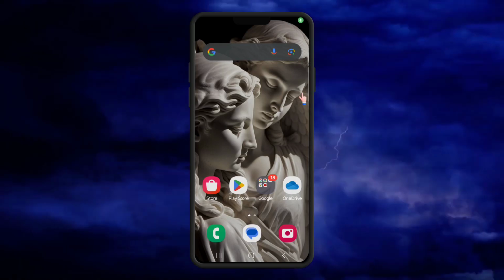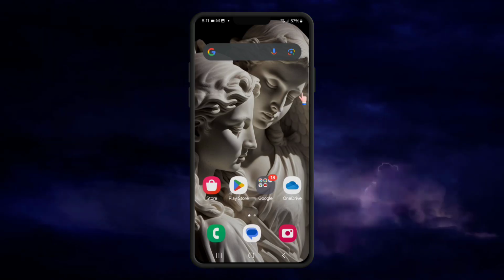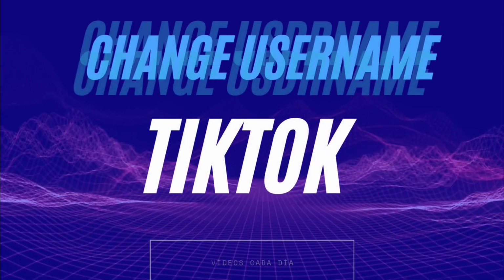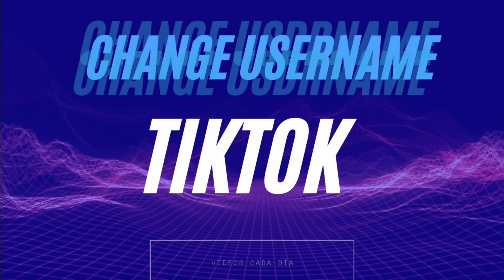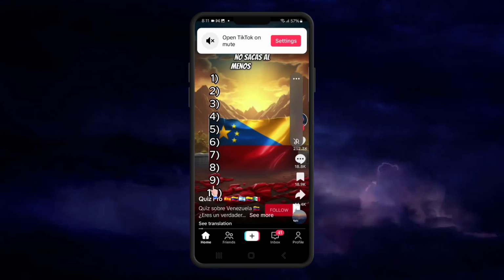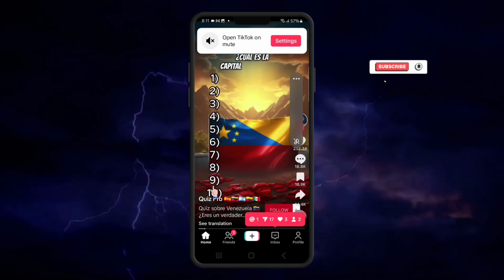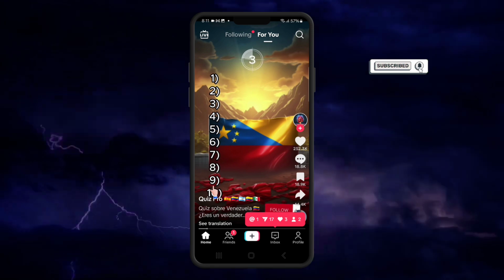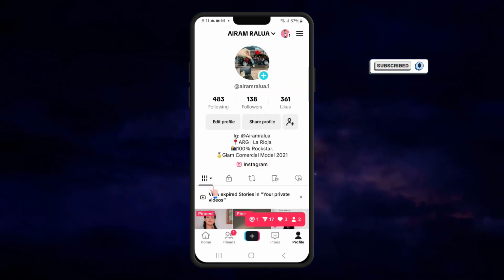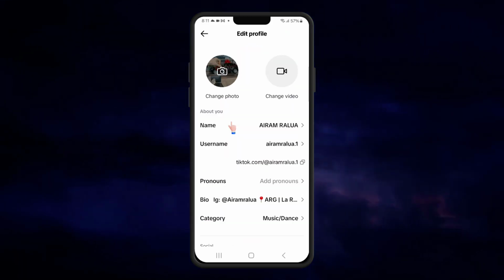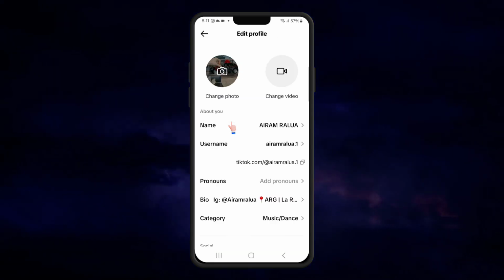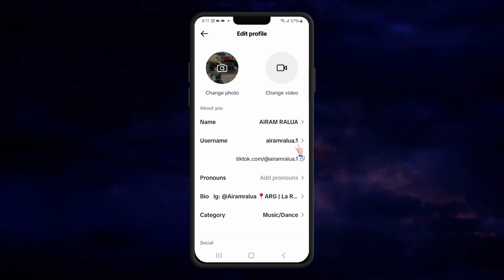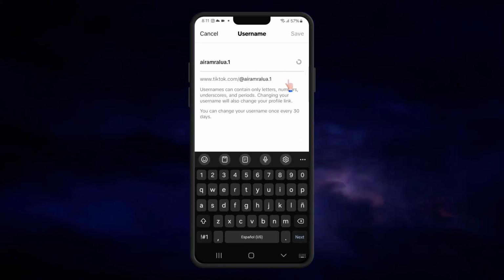In this video, I am going to show you how you can change the username that you have on TikTok. The first thing we are going to do is go to our TikTok application and go to our profile. In your profile, you can see Edit Profile, and here we can see the username. The username is very important, and select here, and